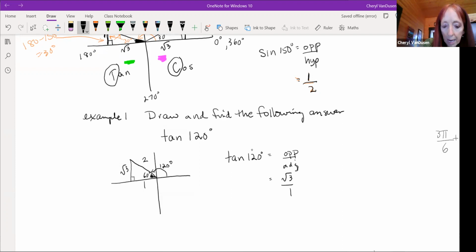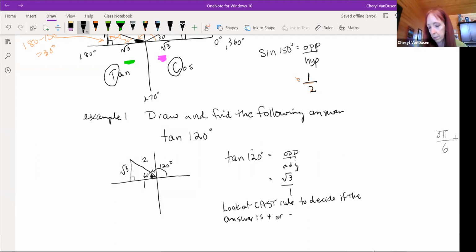Now we look at the cast rule to decide if the answer is positive or negative. Okay, so I don't normally write that down, but I know you're taking some notes and it's the first time that you're going through these questions. So we look at the cast rule. So I write the cast rule down,